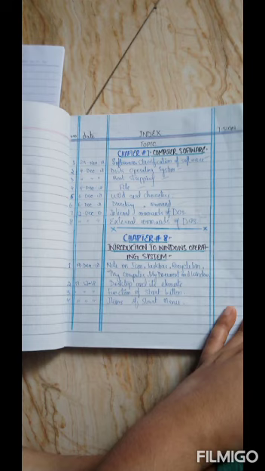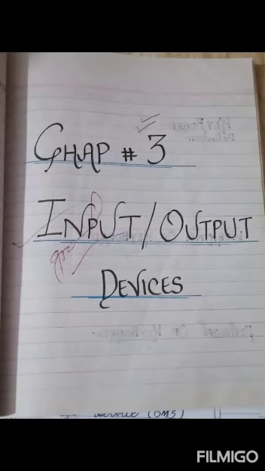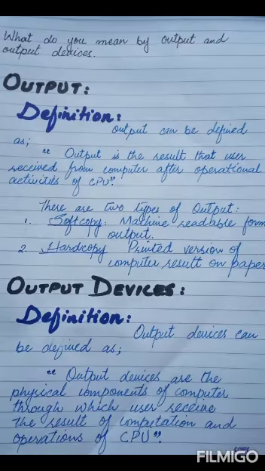So today we are going to have our notes. First of all, you have your gray copy in your syllabus for your computer studies notes. On the first page, write your name and title. From your second page, maintain your index within 3 pages. After that, maintain your title page for chapter number 3, that is input output devices. And afterwards, from the next page, you have to start your question and answer.